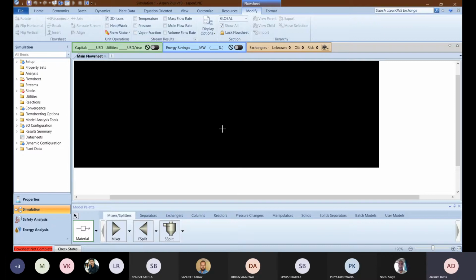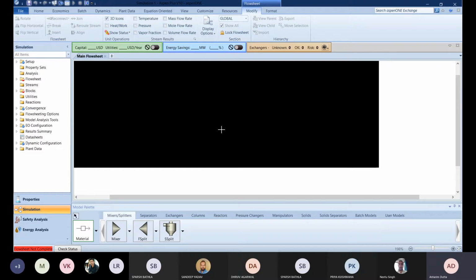Okay, so how to draw streams? Again, it's a very tricky process. When our cursor reaches this particular red stream section, we can see there is some color change.